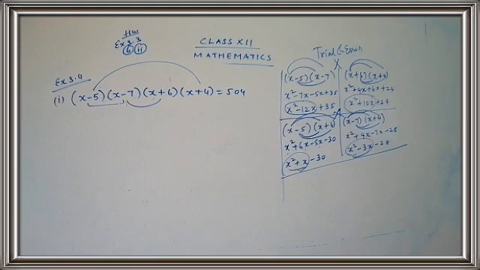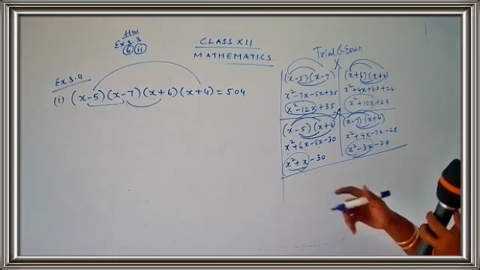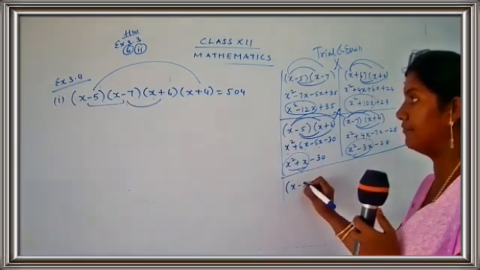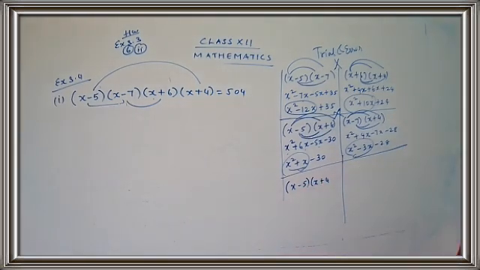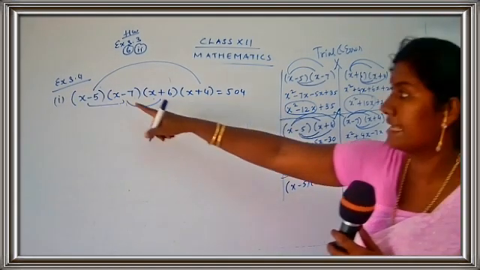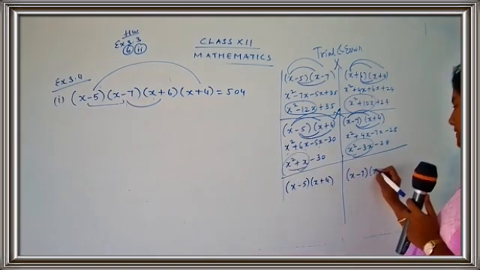Okay. Shall we go for the next combination? Let's check whether we are able to succeed or we have to try out one more combination. So I'm going to take the first and the last, so x minus 5, x plus 4. And I'll take one more combination over here. What is that? The second and the third, I told you. So x minus 7, x plus 6.